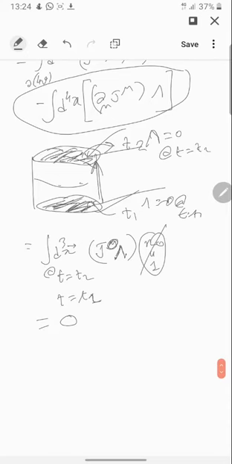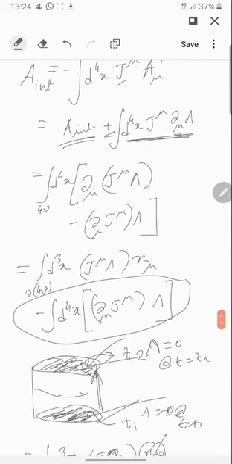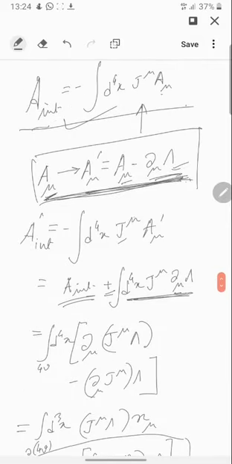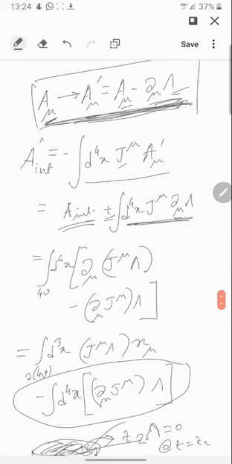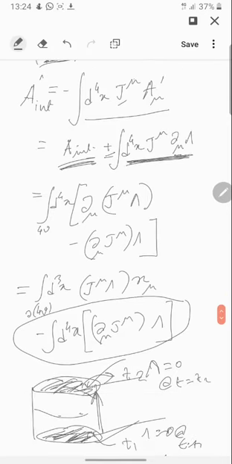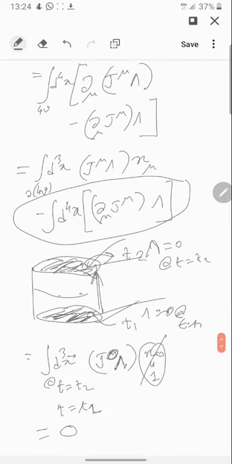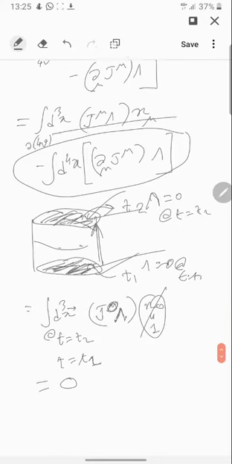So, the interaction action. Let us just remind ourselves what we have done so far. We have seen that the interaction action, when we plug in this gauge transformation, changes to this thing. If we break it down, we get back the old interaction term and a new term. This new term we can write as a total derivative term, which becomes a three-dimensional surface integral. This we have taken care of now and shown that if we choose the lambda at T2 and T1 surface equal to 0, then this first term, which is the boundary term, does not contribute. So, we are left with the second term now.